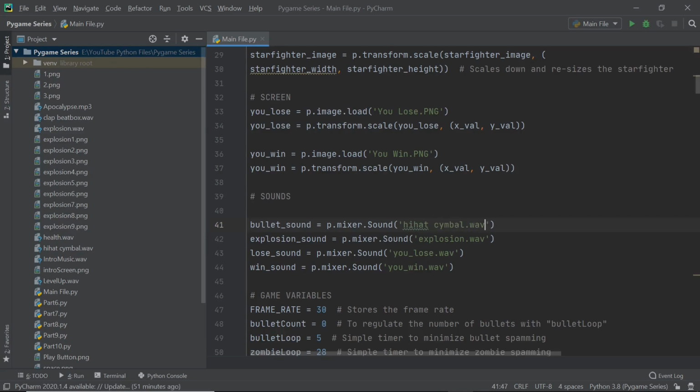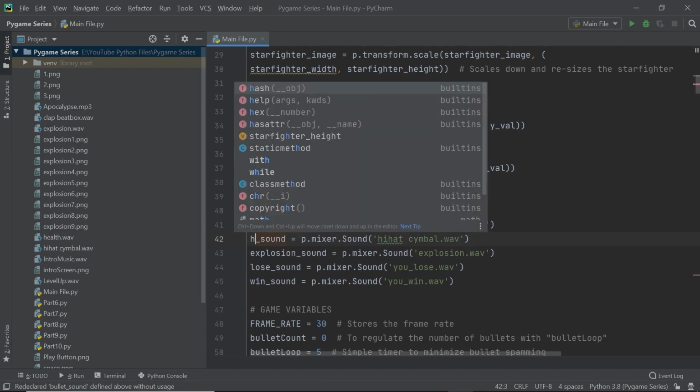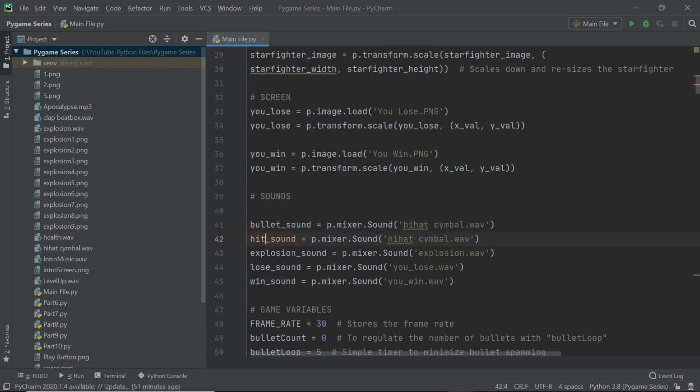Alright, now I'm going to duplicate this once again, and this time I'm going to call this the hit sound, and this is going to be played when we hit the zombie. This is going to be clap beatbox.wav. So I'm going to rename this to be clap followed by beatbox, and you have to be a little bit careful here, because if you call this sound a different name, then it's going to result in some problems. So clap